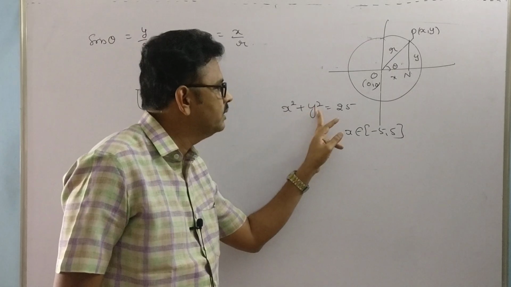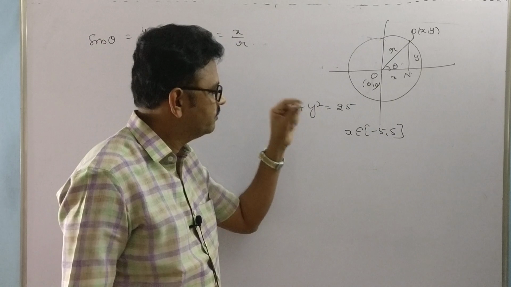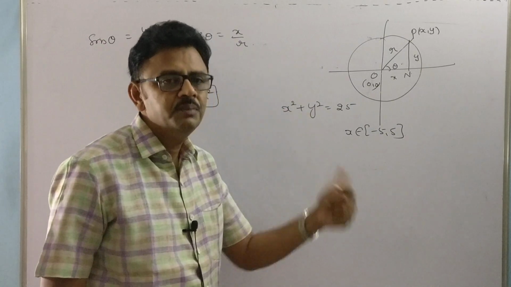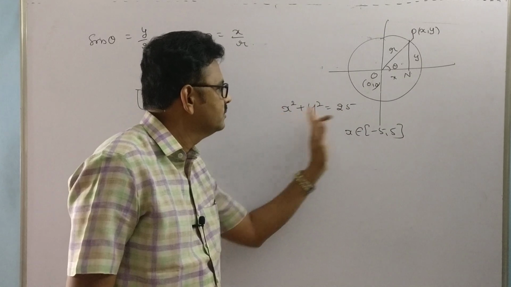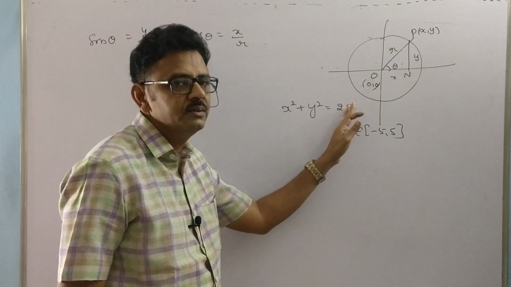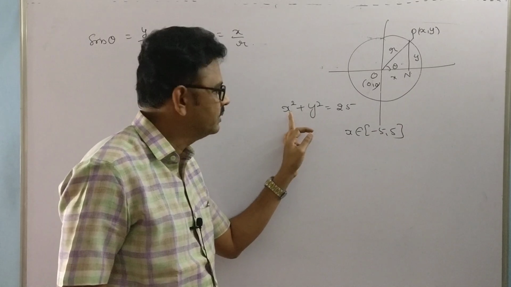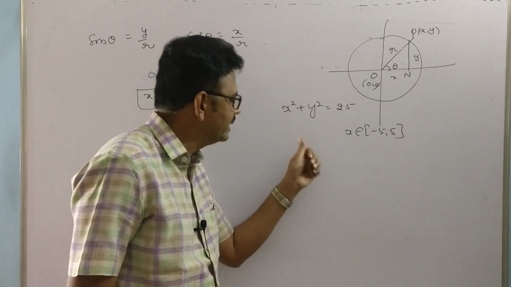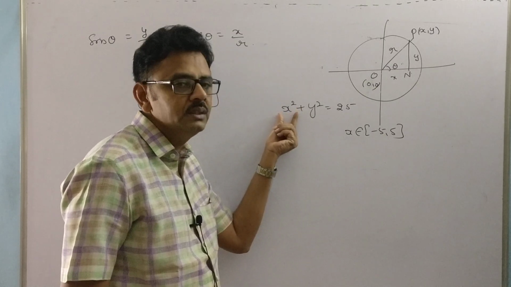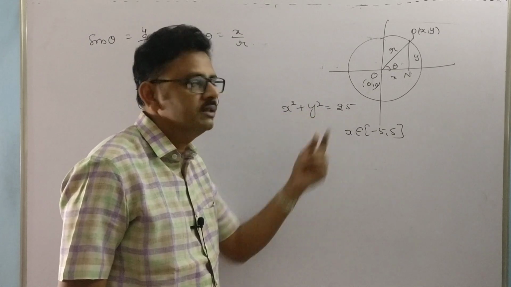The minimum value of y square is 0, because even if you take y as negative, y square is positive. If you take x as 6 or greater than 5, it cannot satisfy. So the maximum value of x is 5, 5 square 25 plus 0, it is possible. If you take 4, this is 16, 16 plus y square is 9, 16 plus 9, that is 25.